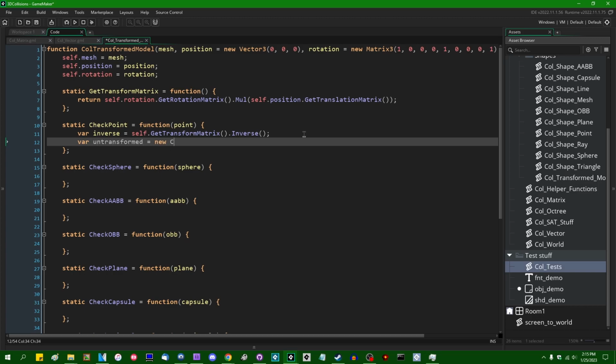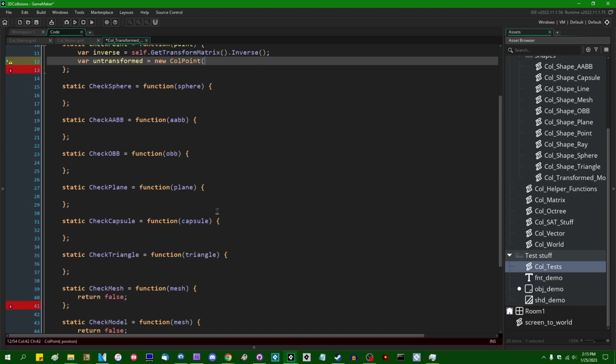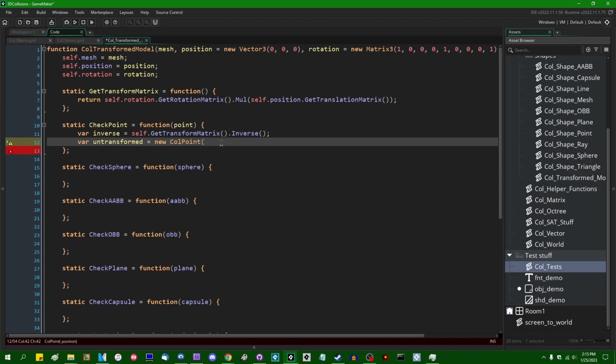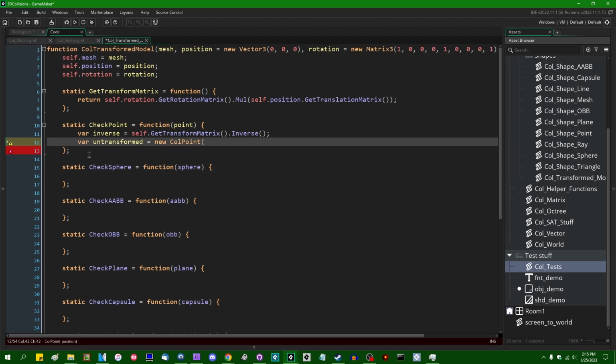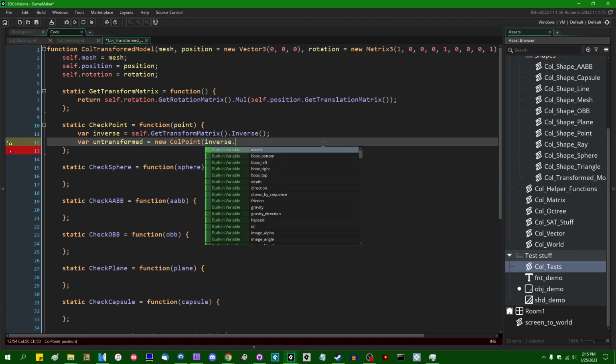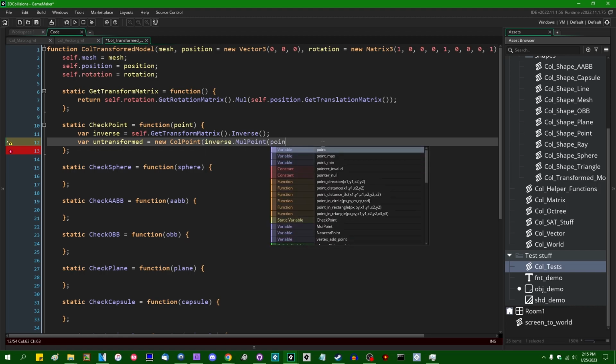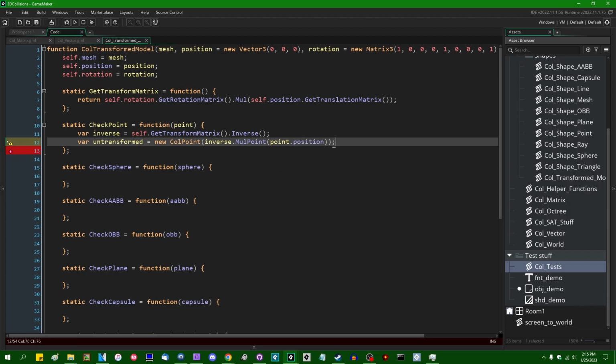is going to be a new call point, and this is going to be the game plan for every single one of these. So we're going to get the world matrix, the inverse world matrix of the transform model, and we're going to untransform the shape in question in accordance with the inverse transform matrix. So I can say new call point, which takes a position of inverse.mul point against the original point's position, and that is going to construct a new point relative to the untransformed model, and we can check that